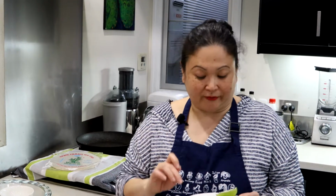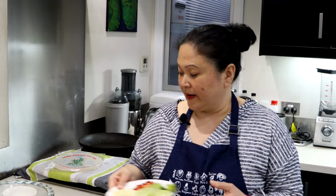Now for the chili sauce, I'll be using 2 to 3 cloves of finely chopped garlic. Chili, I use 3 fresh chilies, and I chop them finely as well. Some lime, sugar, fish sauce, and white pepper are the ingredients that I'll be using for the sauce and also for the